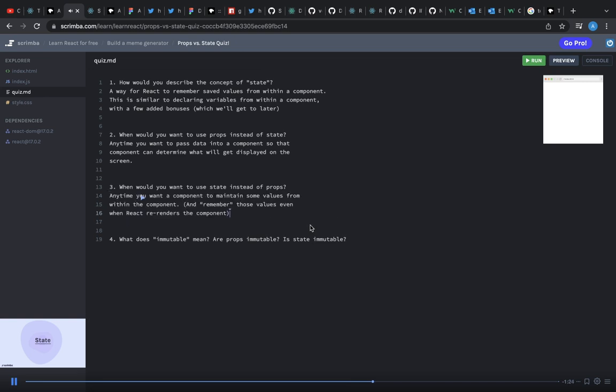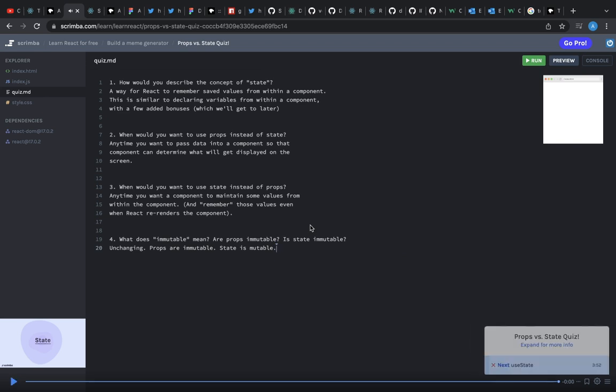As we mentioned earlier, you would use state anytime you want a component to maintain some values from within that component, and by the way, also remember those values even when React needs to re-render the component. Again, we're going to see that in much more detail a little bit later. The entire purpose of re-rendering is built on changing state. Okay,